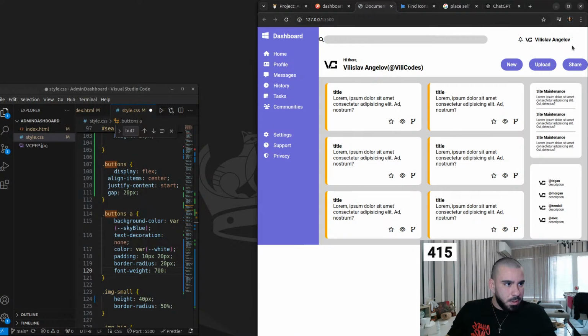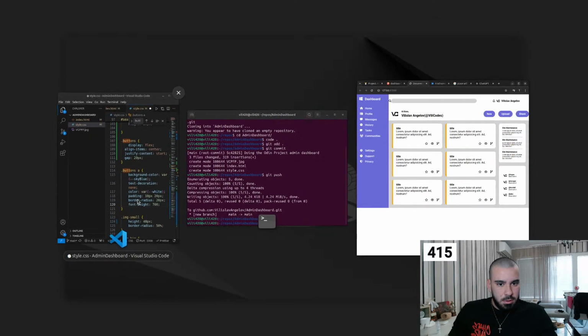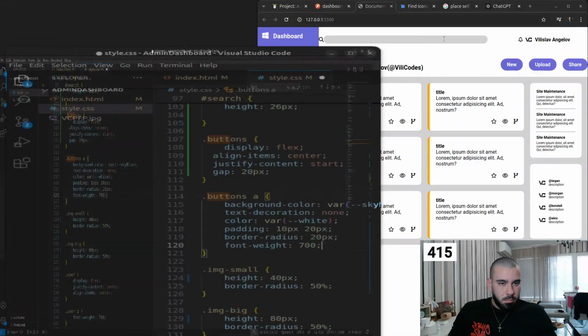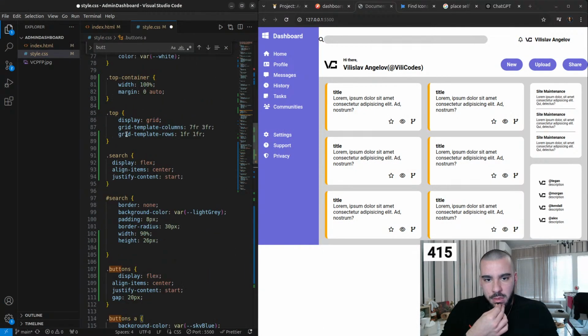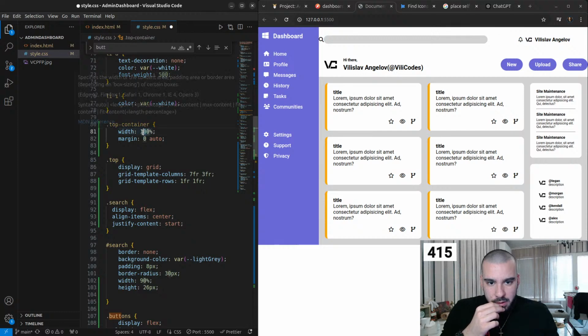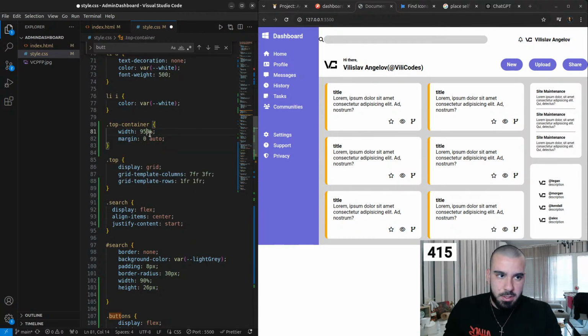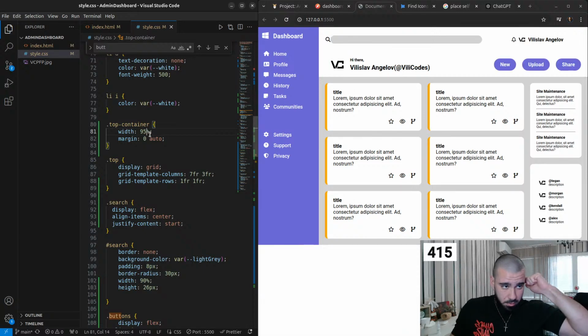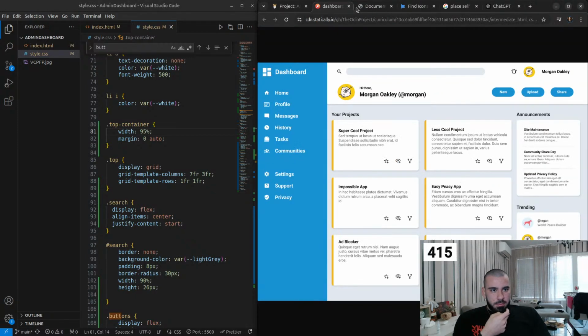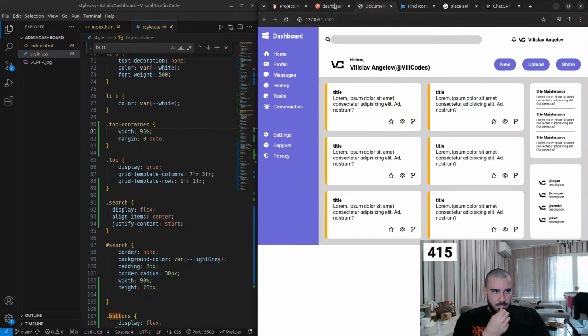Alright, now let's make it small again, and the VS Code goes on the left. And now finally make the top container like 95%, not 950 but 95, and that looks more like it, kind of. It's not exactly what we need, but